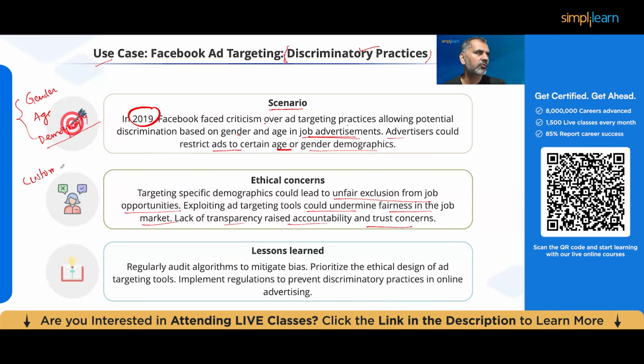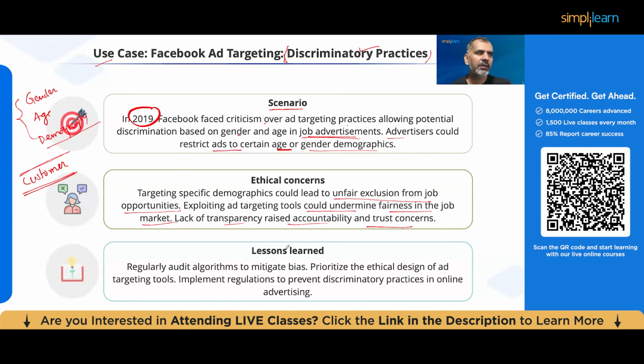When it goes to your end user, who is the customer, they will not be happy because sometimes you feel that you have been discriminated against by the platform. That particular ad was not shown to you, and in such cases, you may lose trust with the customer, and there will be some trust concern, and you may lose the customer as well over here, guys. So that is the ethical concern.